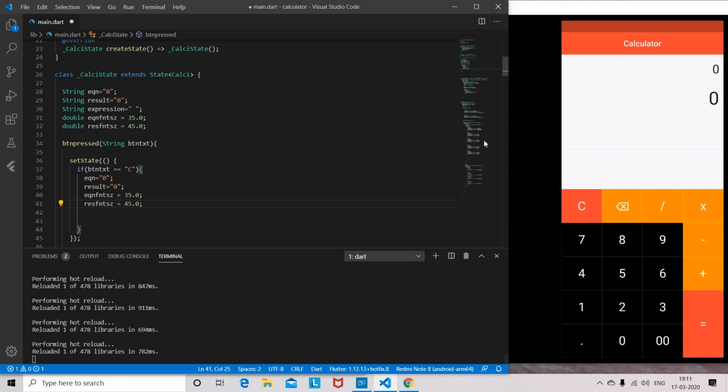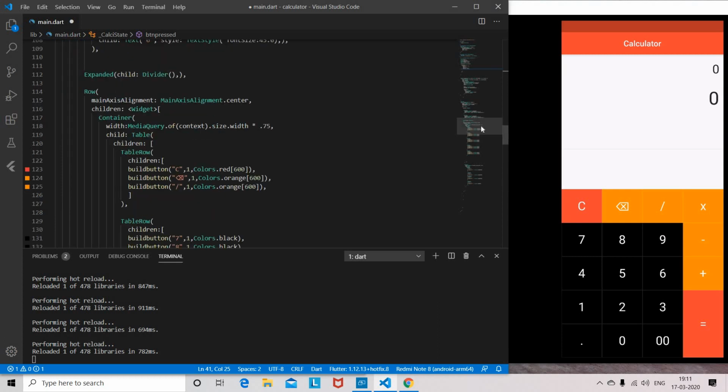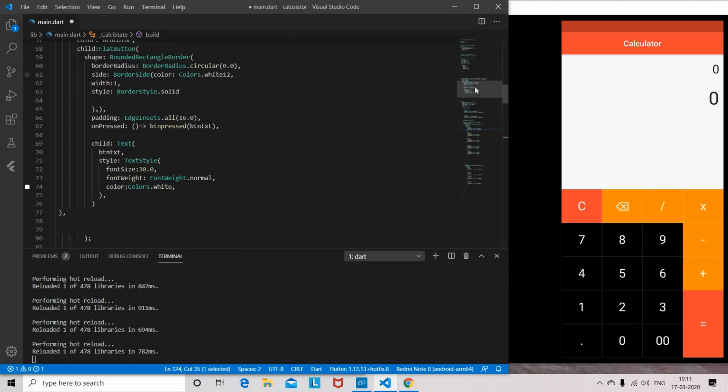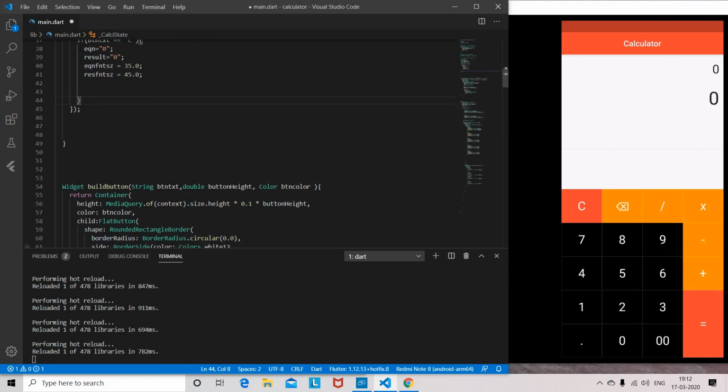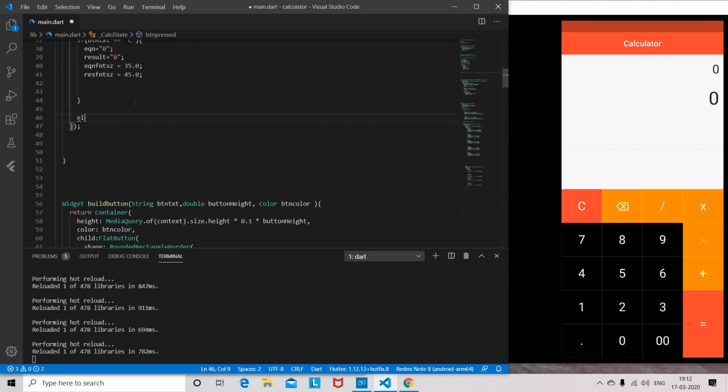Now if they press the backspace, what should happen? So I'll copy paste the backspace symbol. Else, button text is equal to